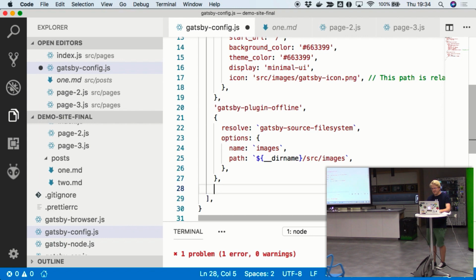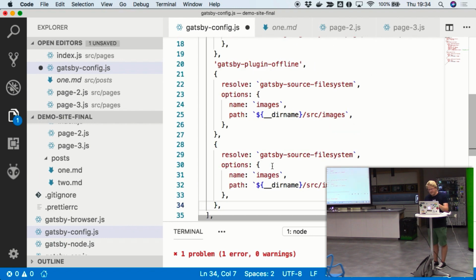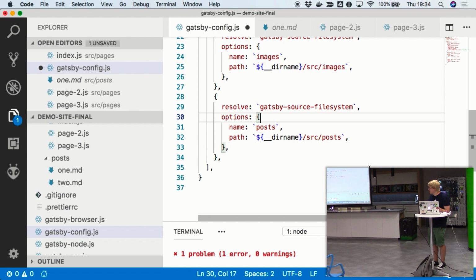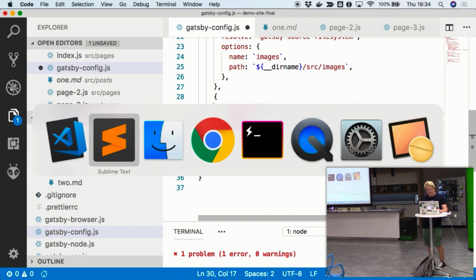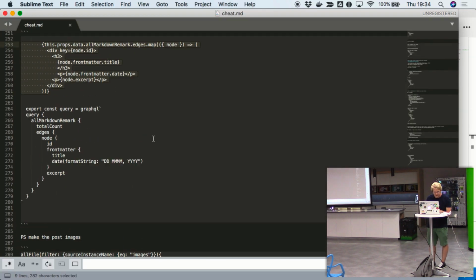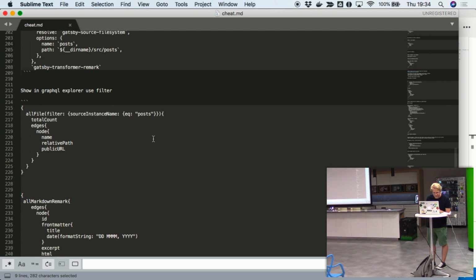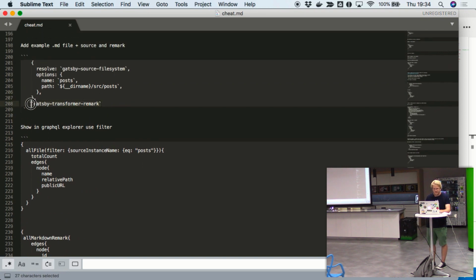I need to add the plugin. I need to first say look in posts. Right, so that's saying get me the files, and then I need to actually add the remark transformer.